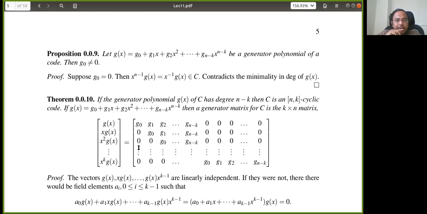I have made some mistake, it seems. We have to take x power k minus 1, right? I have done it wrongly. So sorry, I'll correct it. Here I wrote the vector g of x power k minus 1, but there is a mistake here. Why k minus 1? What is the degree of this polynomial, the last one? So please read this as k minus 1. Okay, there is a mistake. So what is the degree of that polynomial? Can somebody help me?